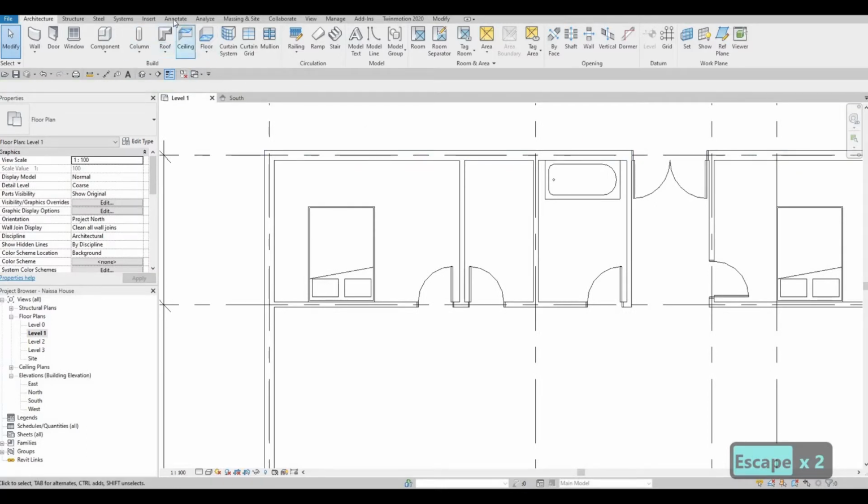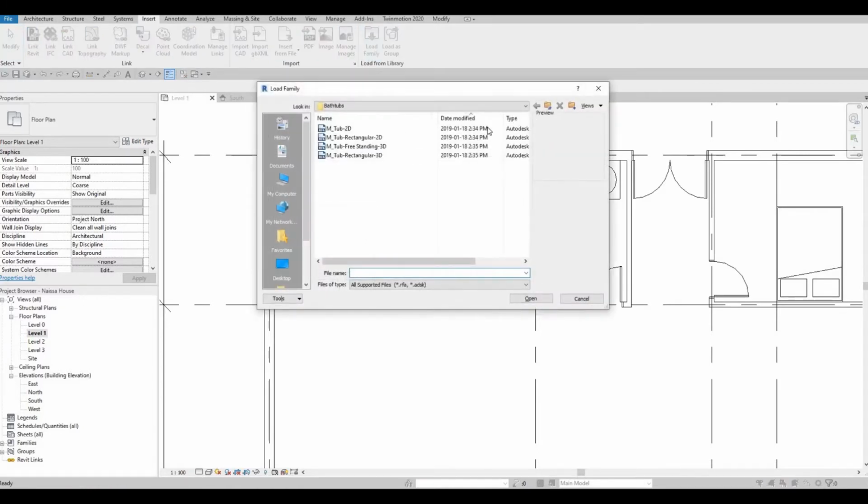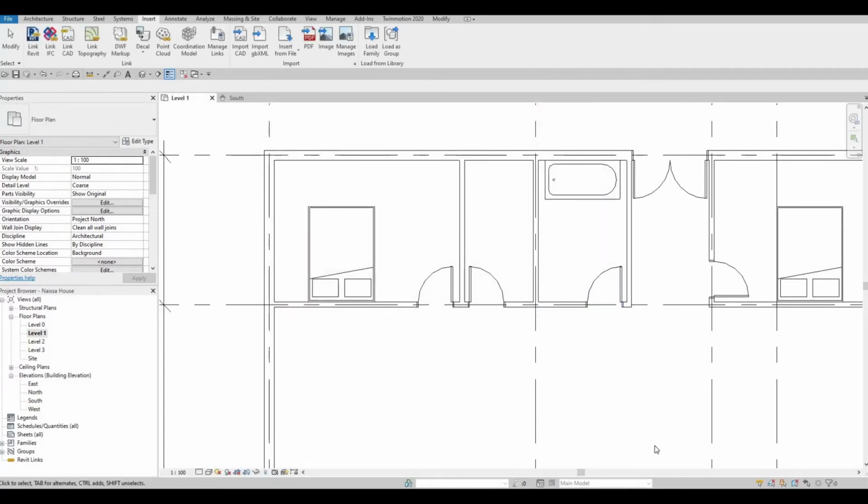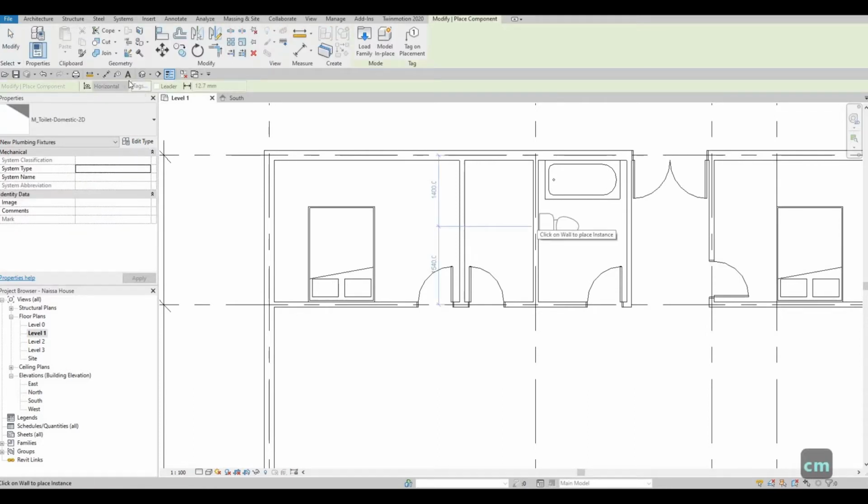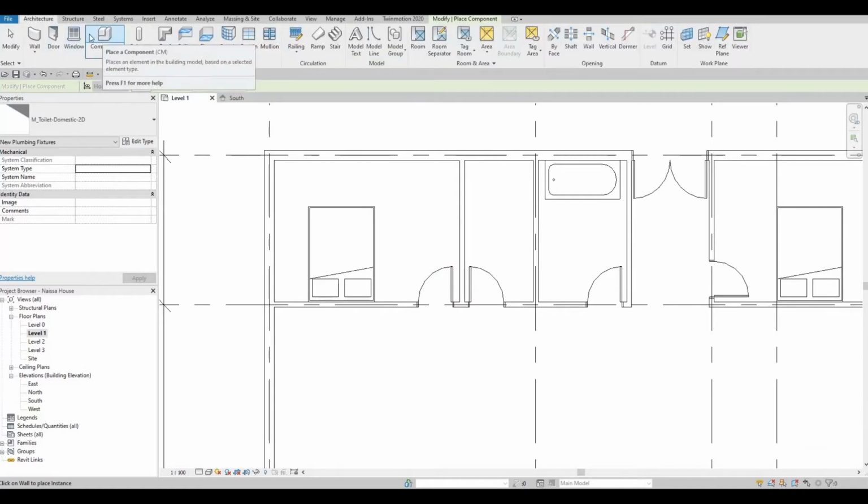After that, let's go to insert again, load family, and let's add in our water closet or our toilets. Most of the time, I'm just loading up 2D because we don't need 3D for this, and it will save us some space or some graphical calculation from Revit, so it doesn't make our model slow. So CM, type CM. So it's just a fast way of, instead of clicking component and going to architecture. So type in CM. So here we're gonna add in our toilet,